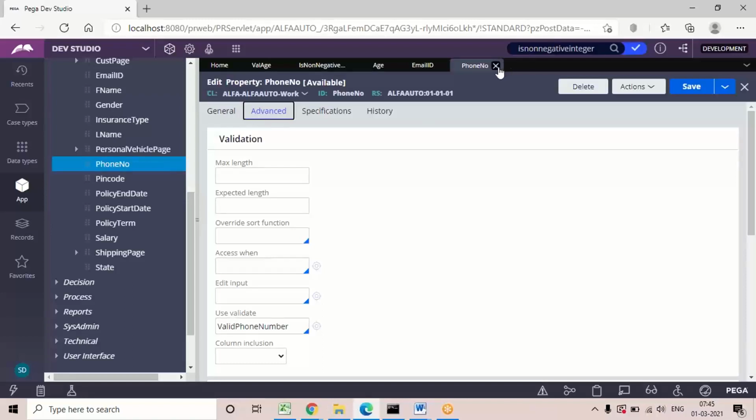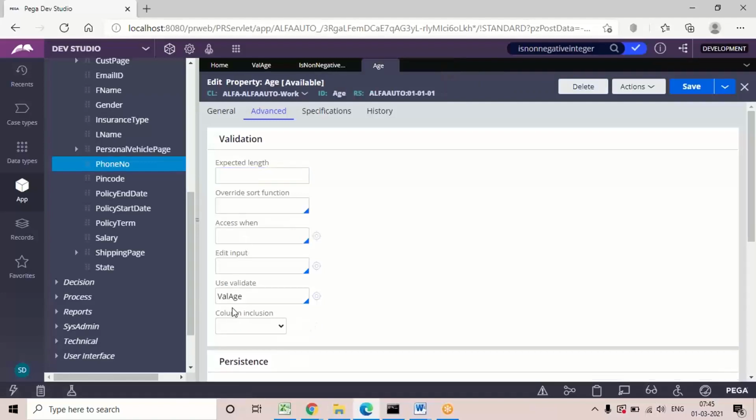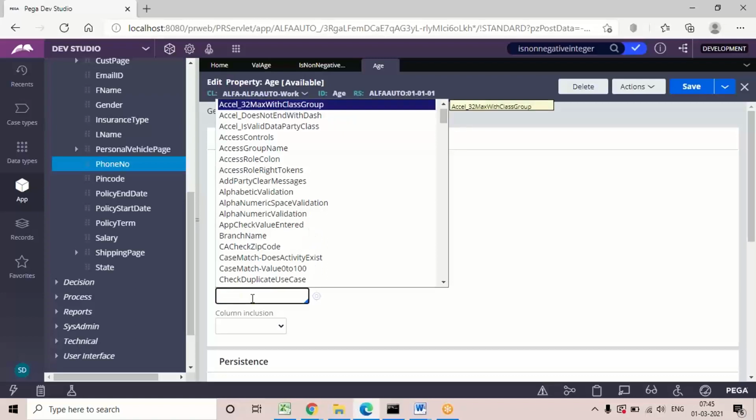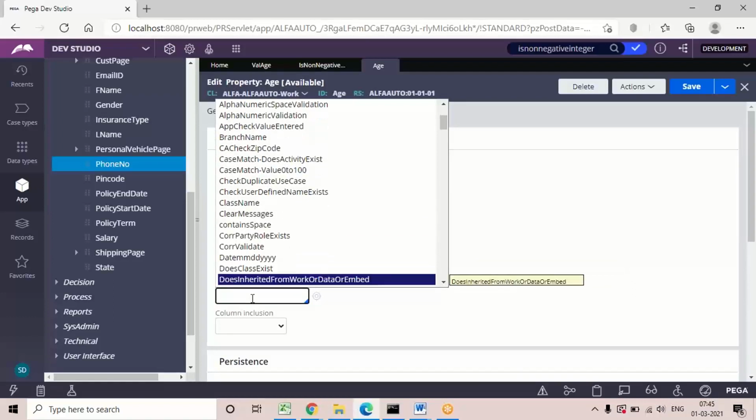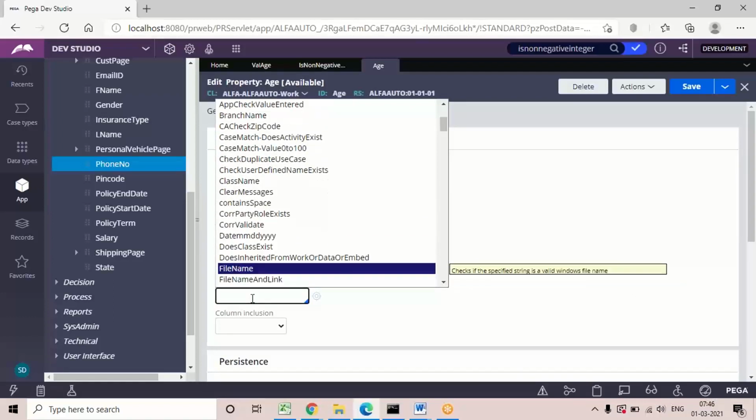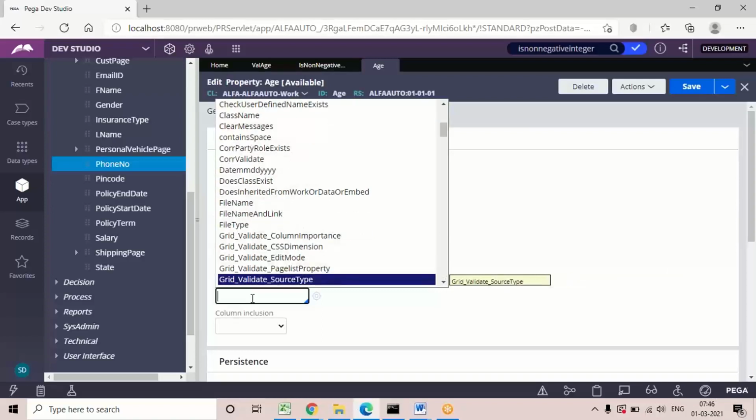So for a few types, advanced validation is applied automatically, and sometimes we can also apply it manually. For any property, there are different categories. For example, date format, does class exist, file name, file type.